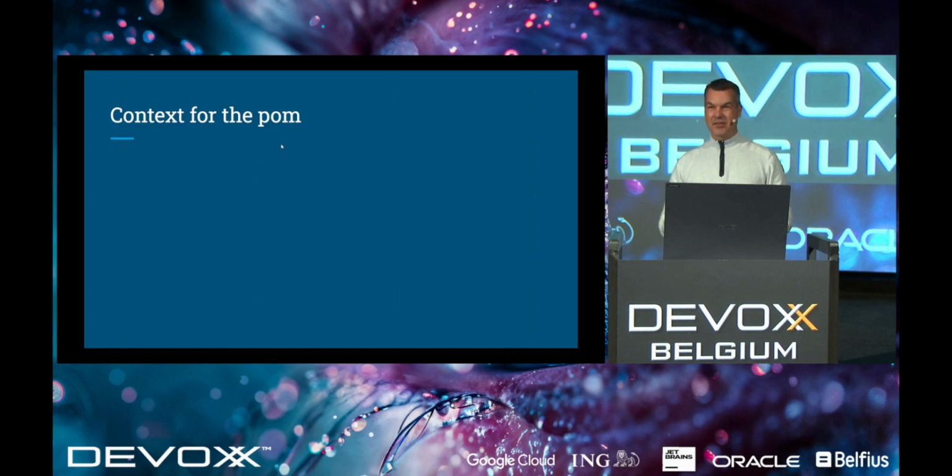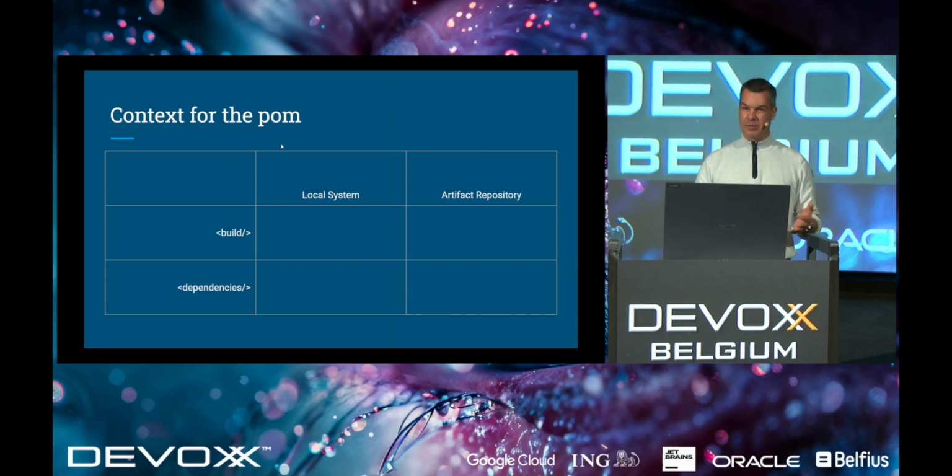So let's talk about the context of the POM file. Like I already said, you have the POM file on your local system and in your artifact repository. And there are actually two very important sections. One is the build section, and the other one is the dependencies. Of course, on your local system, both build and dependency parts are very important. You need to build it, and you need to know the dependencies. So once it is being uploaded to your artifact repository, either your local repository or your company repository, of course